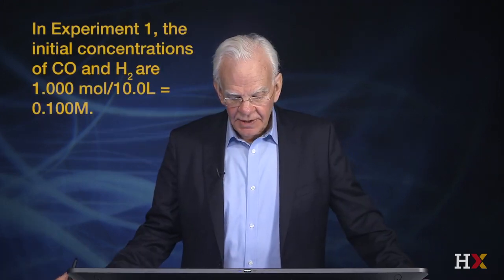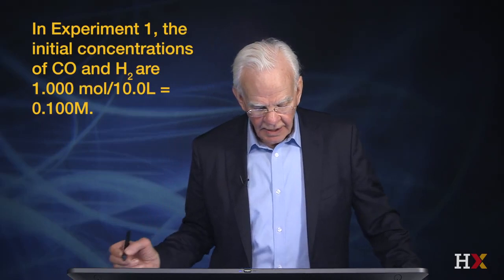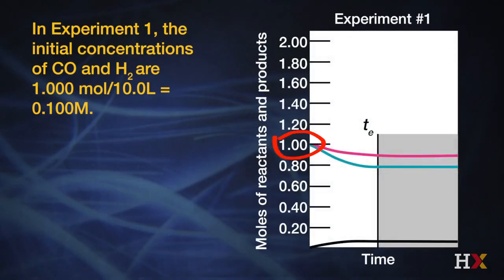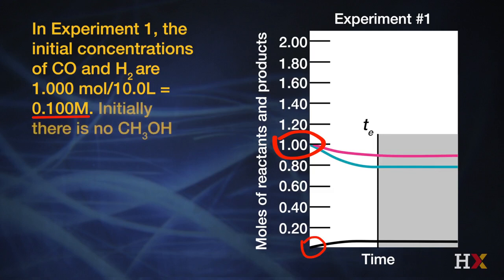But remarkably, if we start with an experiment in which we have 1 mole of CO and H2 in a 10-liter vessel, that's 0.1 molar of both CO and hydrogen. And at this juncture, we have no product. If we allow the reaction to go forward, we recognize that at the beginning, the concentration of CH3OH equals 0. And as the reaction proceeds, it produces more and more of that methanol until it reaches a